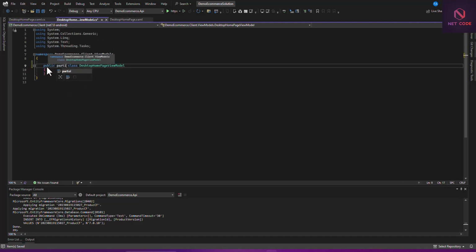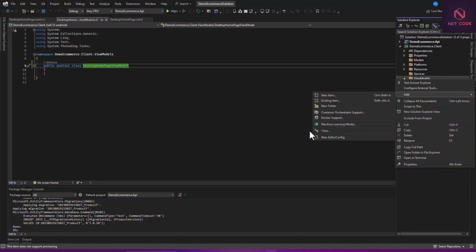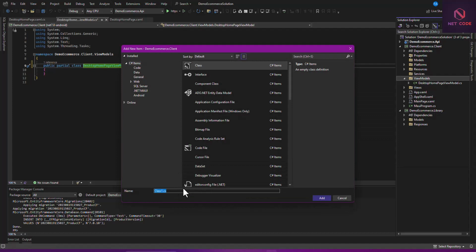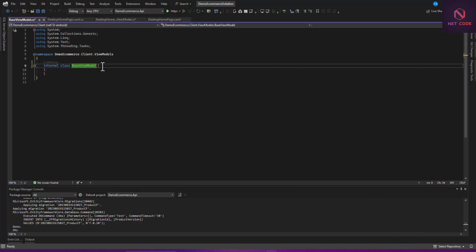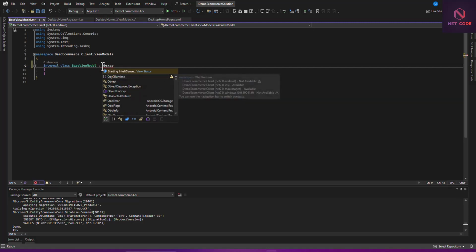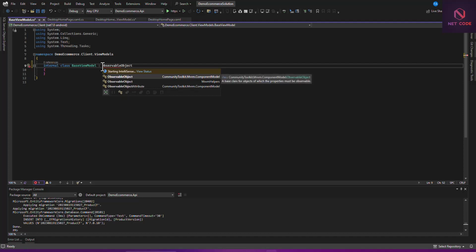partial class. And now this has to inherit from a base. So let's create a base class or a base view model inside this view models folder. So let's add new class. And now this class is going to be BaseViewModel. Now this BaseViewModel is going to be used by both desktop and phone, that's for the administration and the client. And now I'm going to say this is ObservableObject instead. So let's make this ObservableObject. So this is going to inherit from